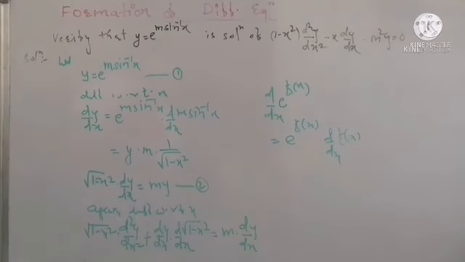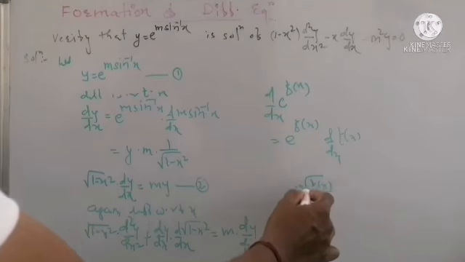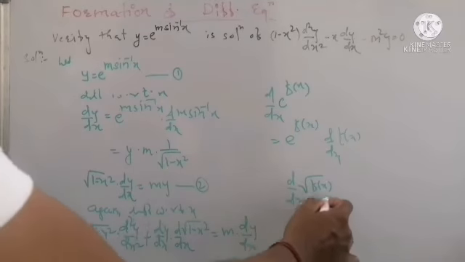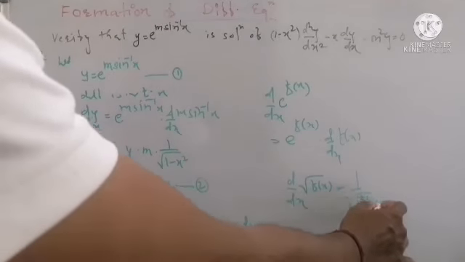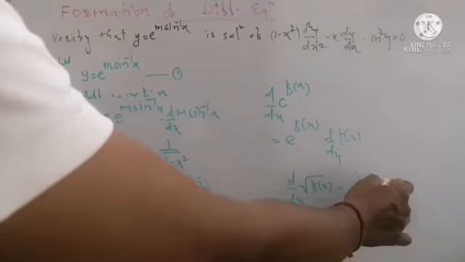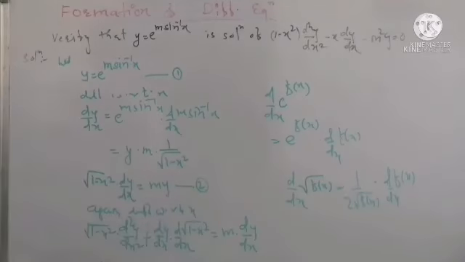Now as root of 1 minus x square is again a composite function of the form root of f of x, its derivative is 1 upon 2 root of f of x multiplied by the derivative of f of x by chain rule. So root of 1 minus x square we have to differentiate here. So root of 1 minus x square remains as it is